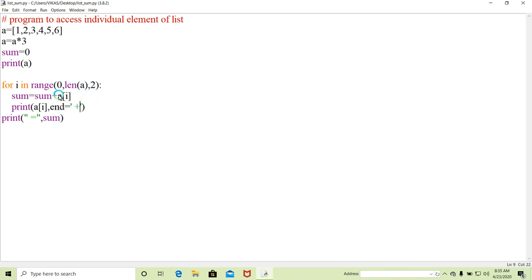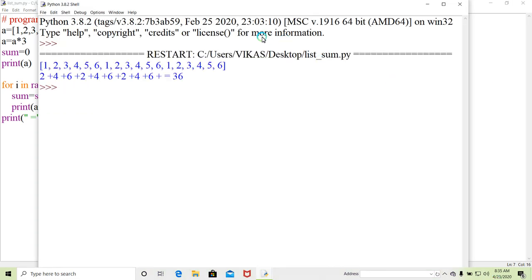If you want to get the sum of odd indexes, I will use 1 here. So it will give the sum of odd indexes, 24. Here it is a coincidence that even numbers are coming, because on the odd indexes even values are stored, and on the even indexes odd values are stored. So no problem, don't be confused if we are getting the sum of odd indexes and even numbers are coming. If you have stored odd numbers on the even indexes and even numbers on the odd indexes, values will come like that.